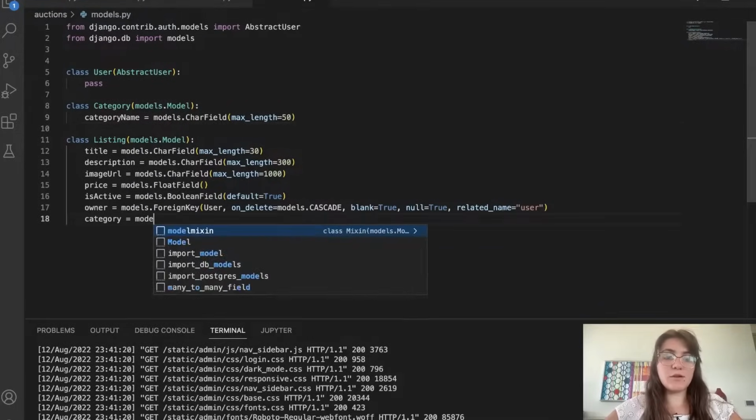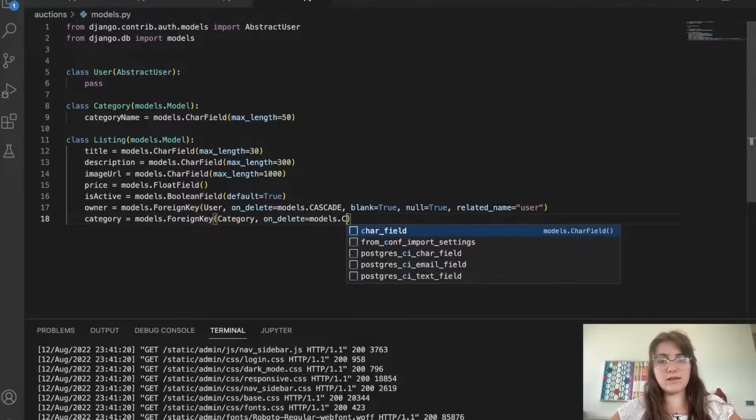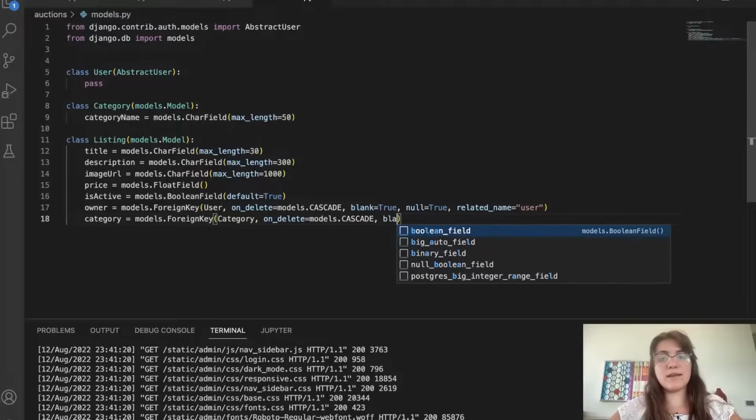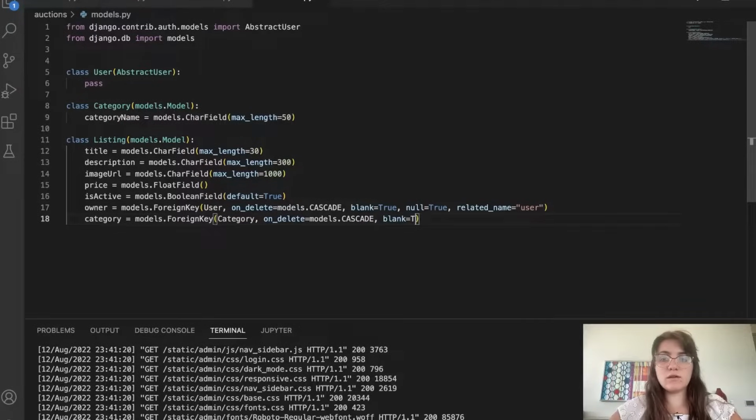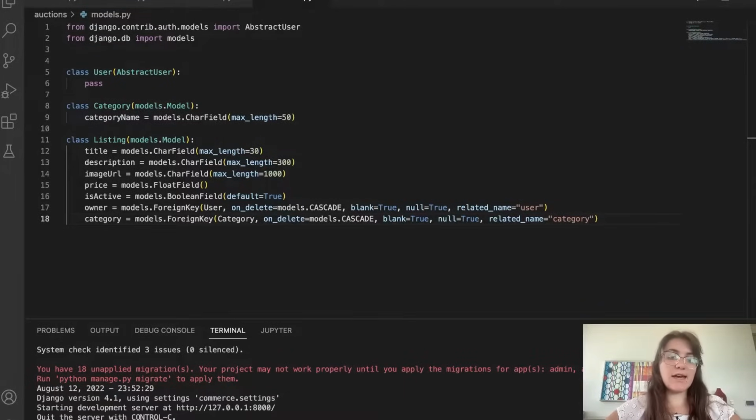So I'm gonna use here the models.ForeignKey to grab this foreign key. And here I'm gonna grab from category, and I'm gonna have the on_delete equals to models.CASCADE, blank equals to true, null equals to true, and related_name equals to category. Okay, and that's it. Now that we have this, we have to stop our server, okay, and we have to